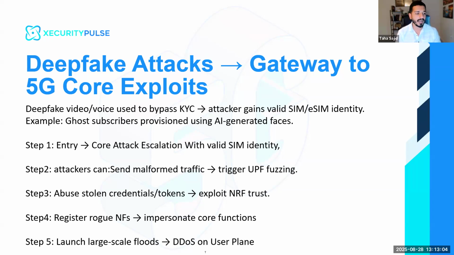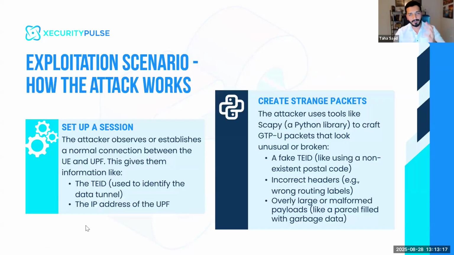So there is a high possibility that the attackers can move inside the network, and some guard rails cannot be in place, right? Okay, so just to explain some of the exploitation scenarios, for example, how the attack works, first of all,